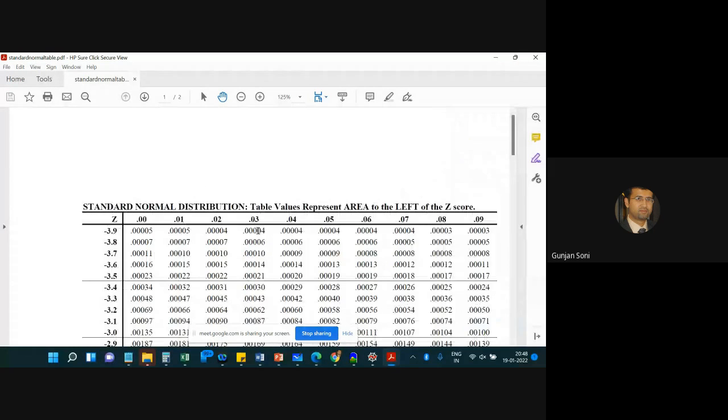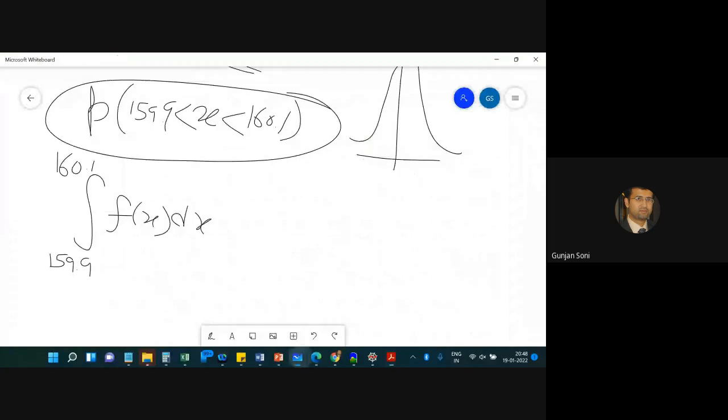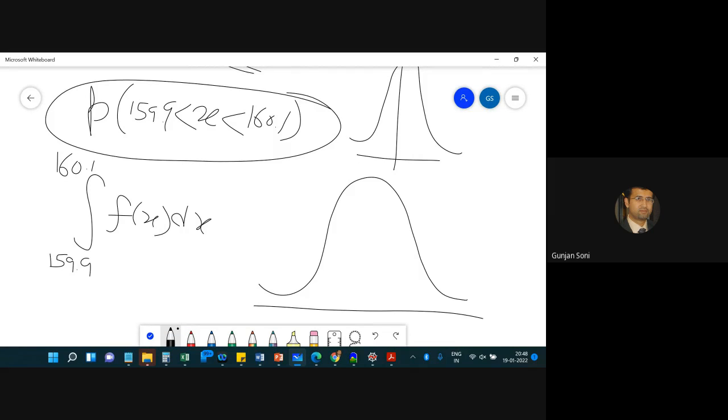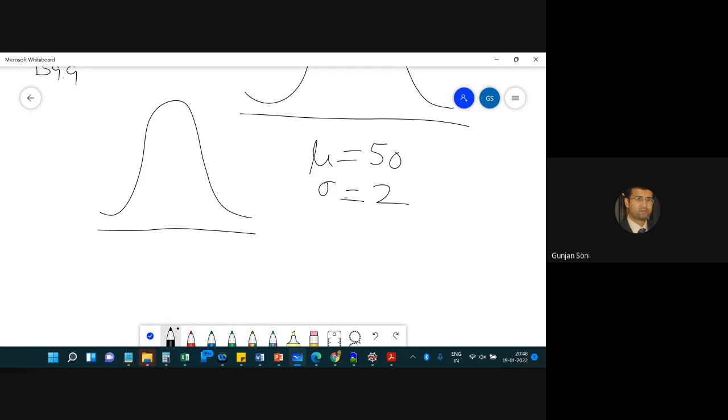Now, what you see over here is a standard normal distribution. What happens in this is, let's say I have a distribution with mean equal to 50, standard deviation equal to 2. Okay. And I have a normal distribution like this. So mean is 50. And I want to find out the area, or the probability that the, let's say